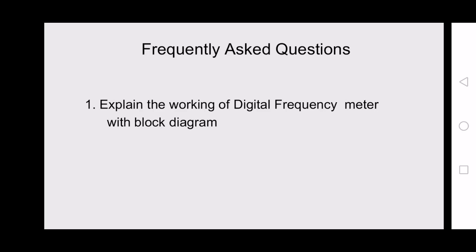If it is asked for 5 marks, then you have to explain the total block diagram, working, principle of operation, and you have to write the formula for how we are measuring the frequency. If it is asked for just 1 mark, then you have to draw the diagram and write one line on how we are measuring: during the enabling and disabling, the number of pulses will be counted, and that will be directly measured by the electronic counter.